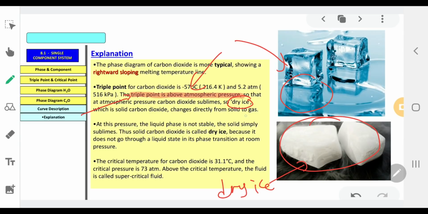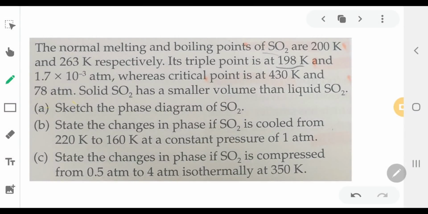So they're going to sublime, which directly changes to gas. Now we're going to look at a typical examination question for phase diagrams. The question wants you to sketch the phase diagram for sulfur